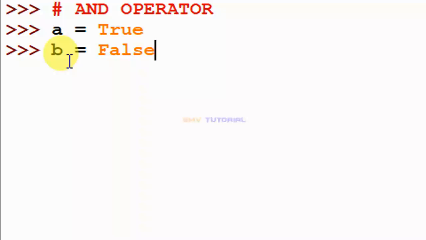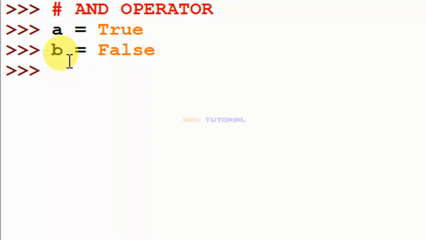When you write the True and False keywords, you must use a capital first letter and small letters for the rest. If you do not follow these rules, you will get errors in Python. So you must use a capital first letter for True and False, and the other letters small. I have created two values, and next I will check the AND operator.